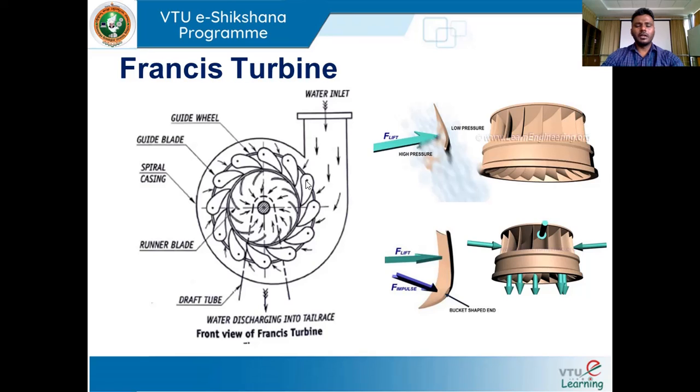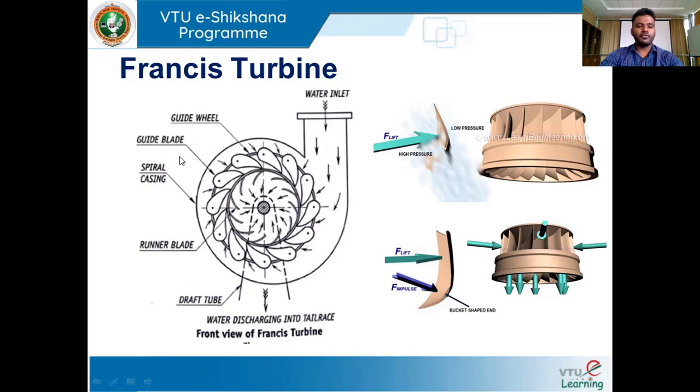So here, depending on the power requirements or depending on the load, the amount of water entering into this turbine has to be regulated. So here we have got a guide blade and then stay vanes. I think stay vanes is not shown in the sketch. So stay vanes and guide vanes, guide blade and stay vanes, perform majorly two functions.